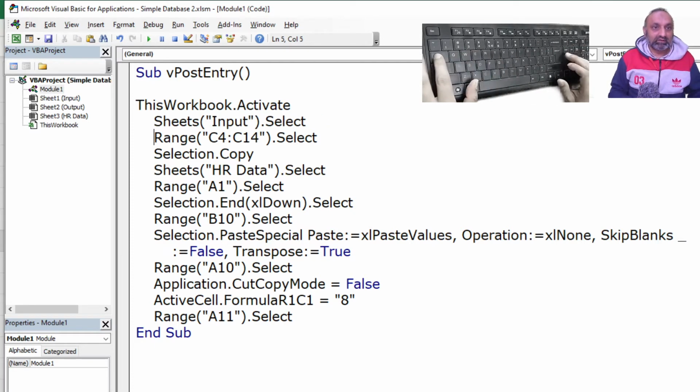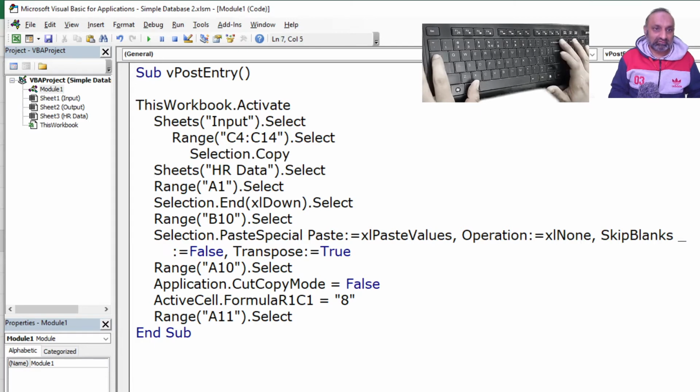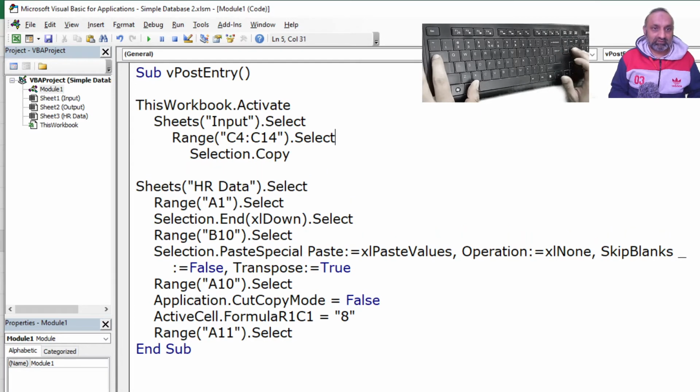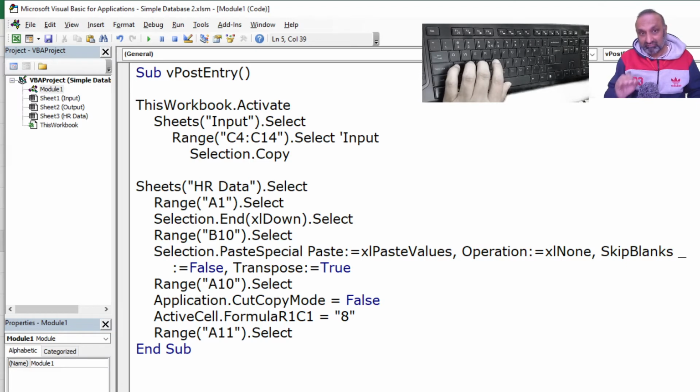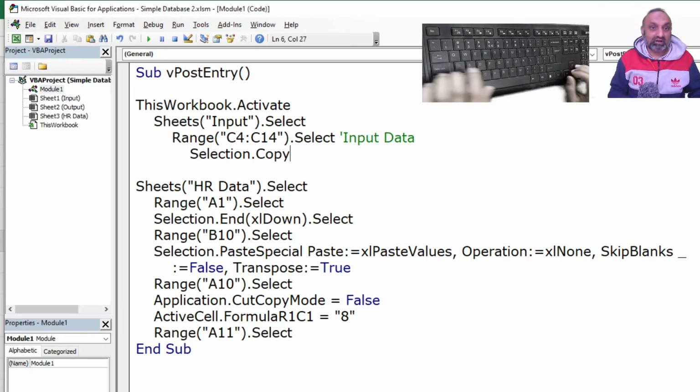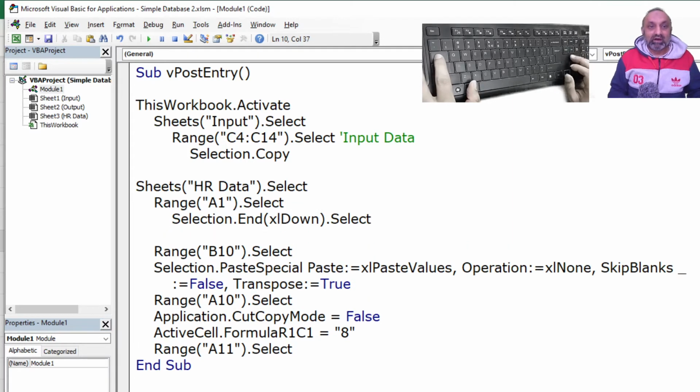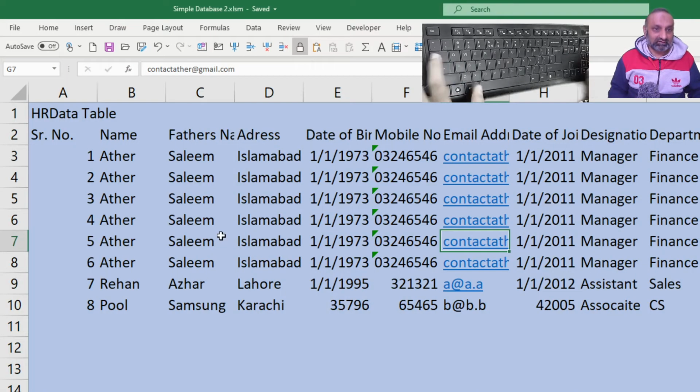All right, in the input sheet, select range this, copy, and then go to, so this is the input data. You need to comment. You need to comment, otherwise you can't edit your macro in future. It will be very hard. It will go to range A1, perfect. One step down, but not go to range A1. After it has gone to the last